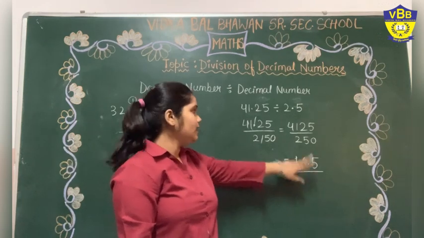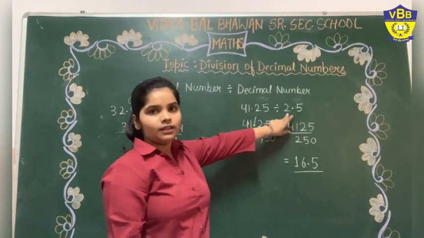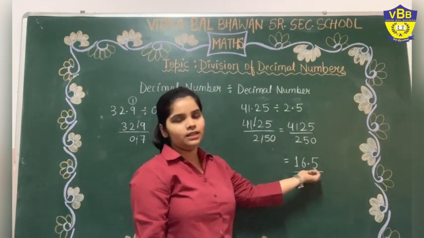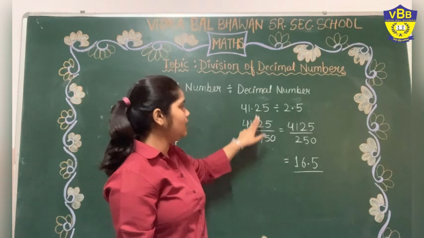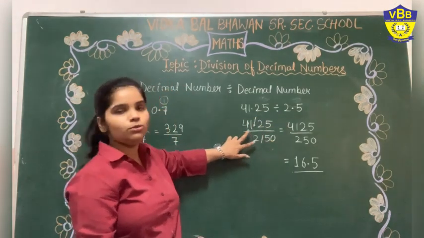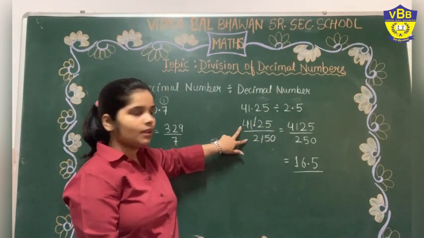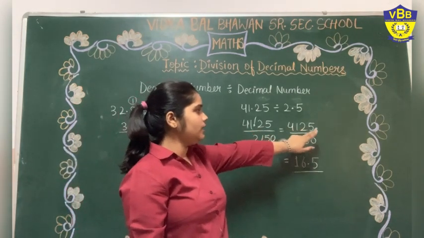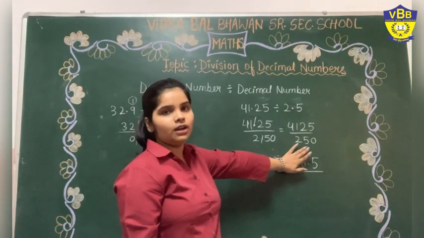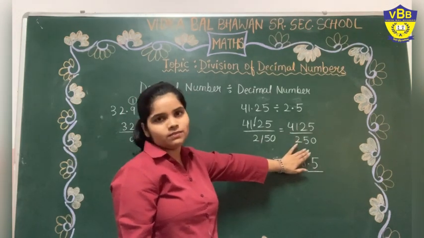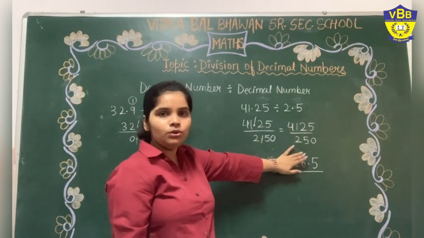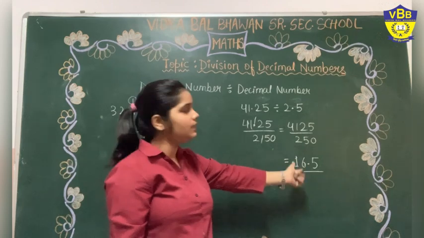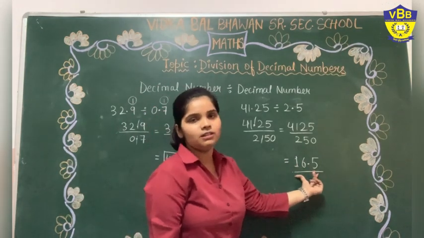This decimal is not coming from here. It's not like here are two decimal places, here is one decimal place and we are placing one decimal. We have cancelled out these two decimals by making them like decimals. So, after cancelling out, it becomes 4125 and 250. We have two whole numbers, and we have divided two whole numbers. These two numbers are not completely divisible and the answer comes 16.5.